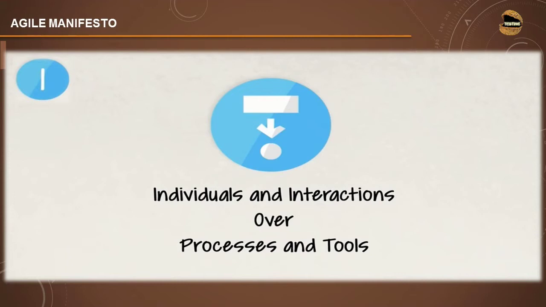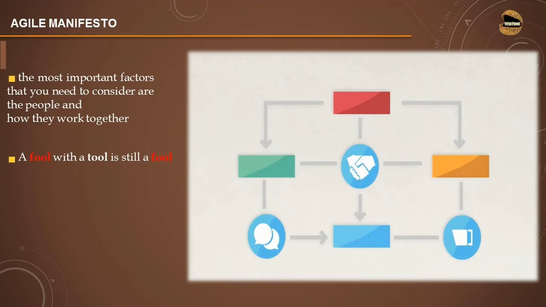where traditional approaches were giving more importance to the process which we make use of and the various tools which we were trying to make use of. Thus, the important factors that you need to consider are the people and how they work together in the Agile methodology. Because we do have a good saying, a fool with a tool is still a fool, which means that no matter if I give you a highly qualified, capable tool to work with a particular process, but if you don't know how to make use of it and the people are not capable enough to make the most out of it, then still it is a fool. So yes, the tool is not something which really matters. The most important thing which matters is individuals and their interaction in order to make the most out of the process.